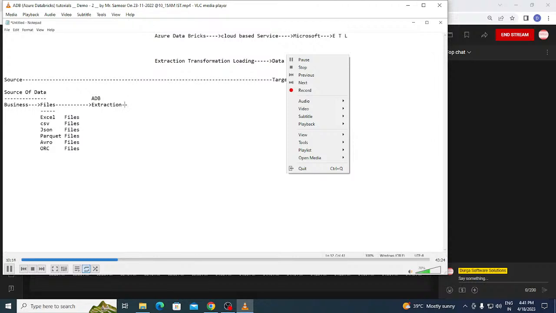Extraction of data only, guys. Then extraction is done. Then next, what is the process you have? Tell me now, guys. The next level of processing is what? Transformation. So transformation is nothing but the ultimate